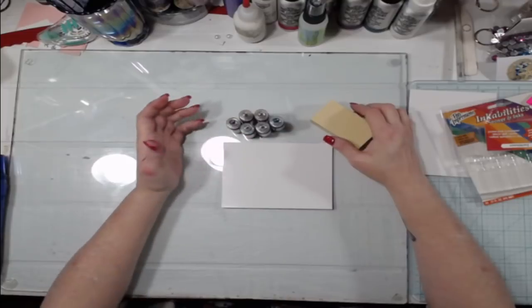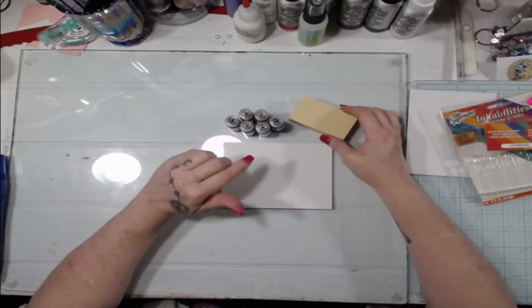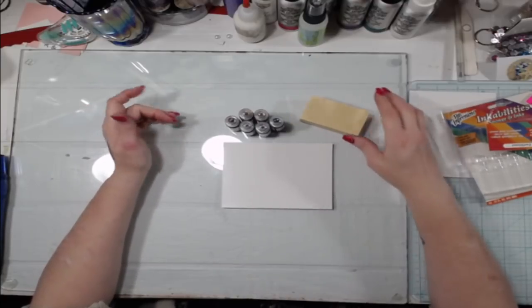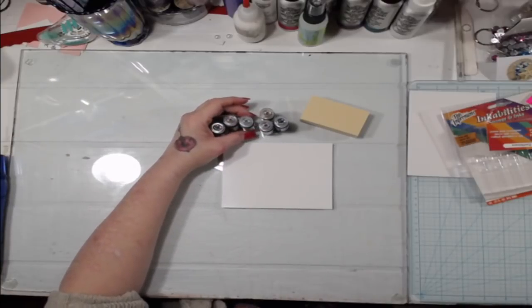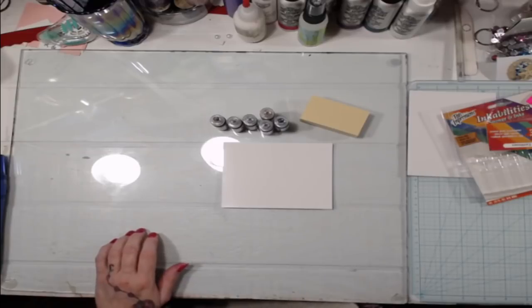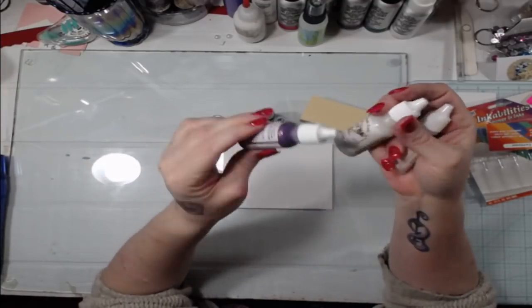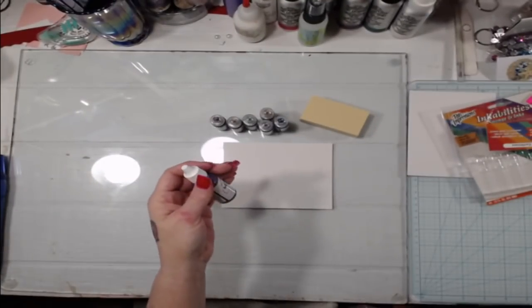Now, if for some reason you happen upon one of these sponges, you don't have to use these inks. These are just dye-based inks. So you can use your refills for your distress inks. Any dye-based ink will do. I want to say I saw Dee using it somewhere. Hold on, let me show you, because some of you have these little things. These Lumieres were also good to use with this. They're more like a paint. So you can use the Lumieres with them, and you could buy these in a pack